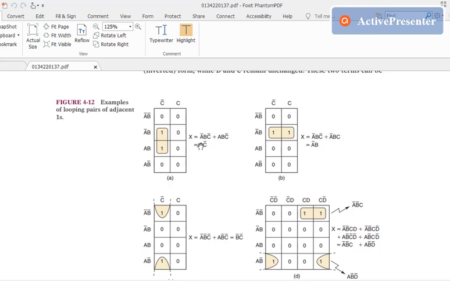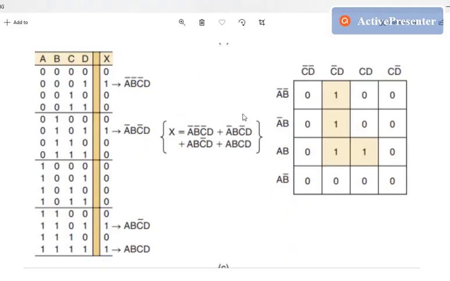Now in order to pair the variables in our K-map, we can consider the truth table from the previous picture. To draw the K-map, we will write all of the possible combinations of the variables: a complement b complement, a complement b, a b, and a b complement.